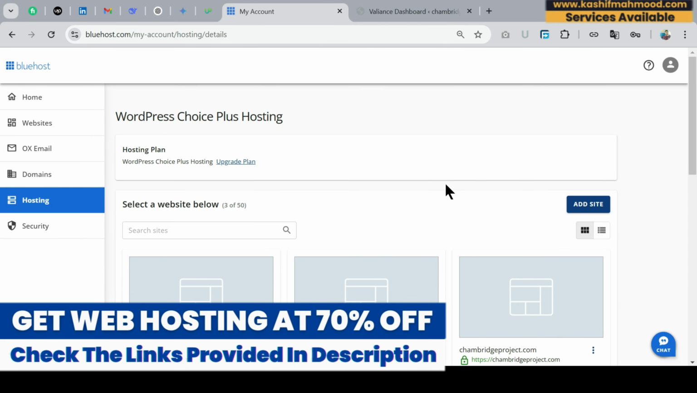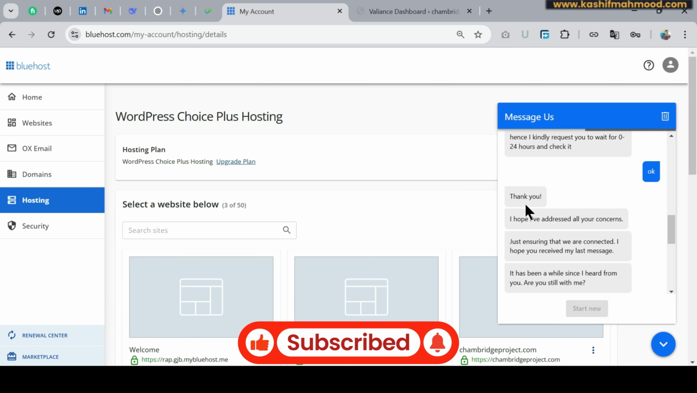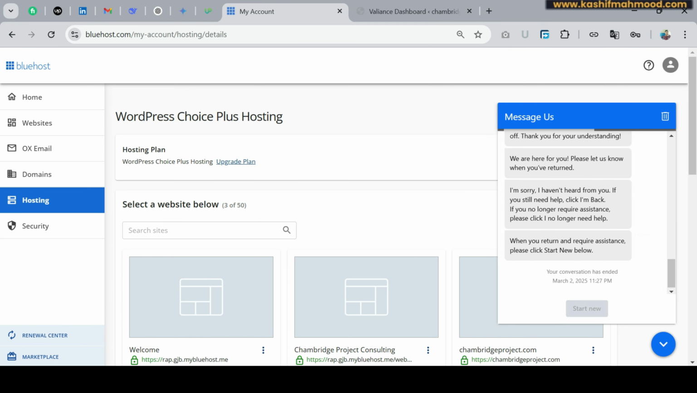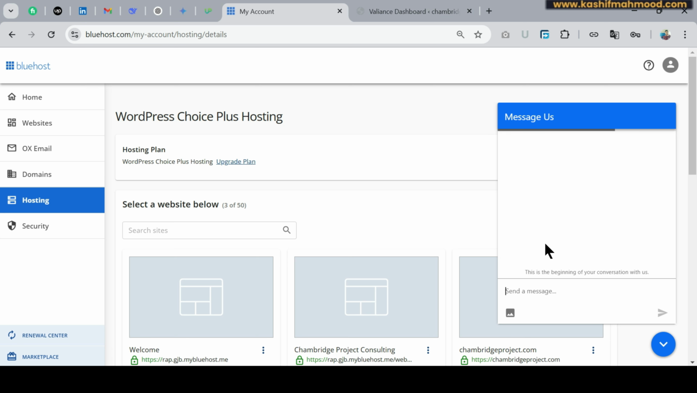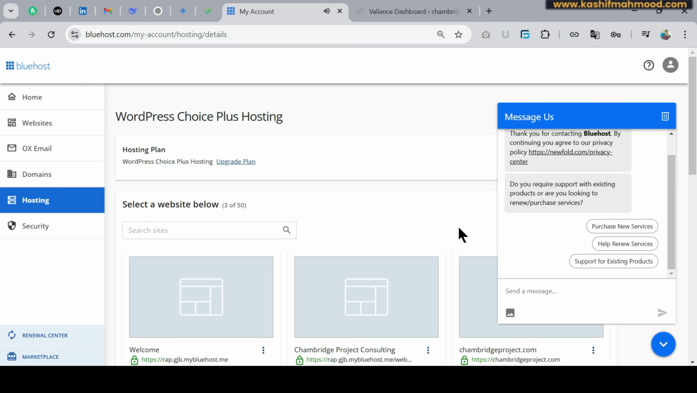So if you want to scan your complete Bluehost account, then you can just click on this live chat button, and here you will need to click on start a new chat. The Bluehost team uses software that will generate a scan report and it will be shown in your file manager. So to do that you just need to contact them